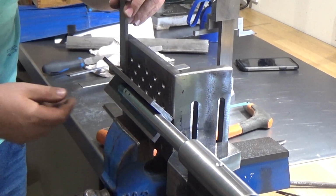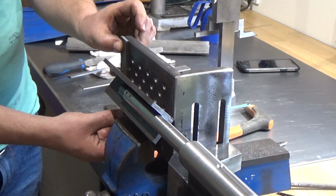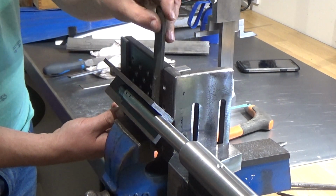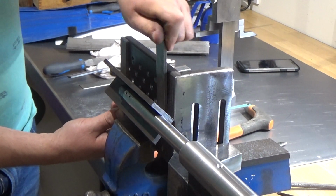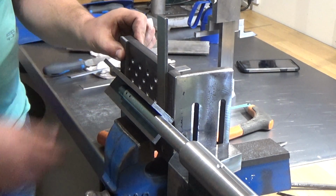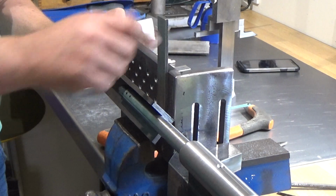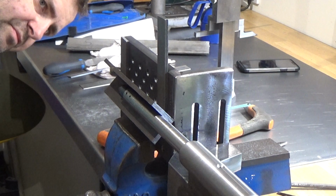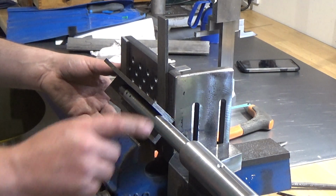So basically these will slide into the back, bolt those in position, and then I can weld those up in position as well. That one is a little bit snug. That one there. At least then I'll know the exact position for the centre line of the